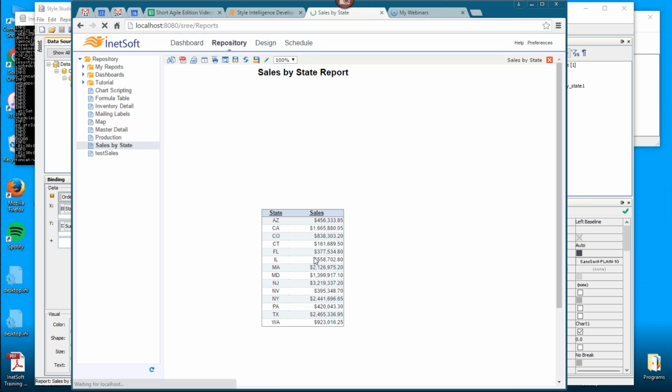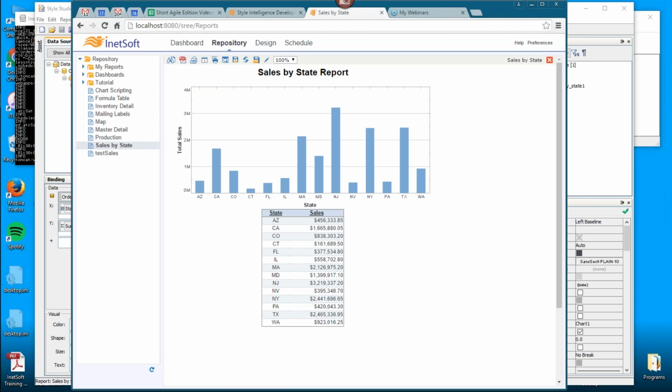There it is. Nothing that surprising about it. Just to complete the cycle here, where would you go from here? Let's say you've designed this report, you've saved it somewhere where it's accessible by a test server, and you load it up in your test server, everything looks great, and you say, okay, this thing is ready to go. What would you do then to get it to your production server?